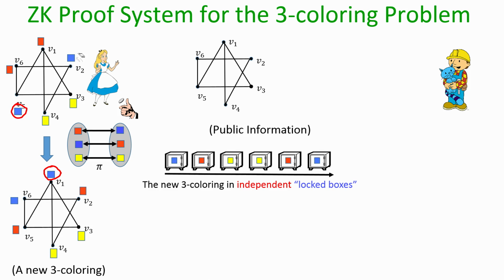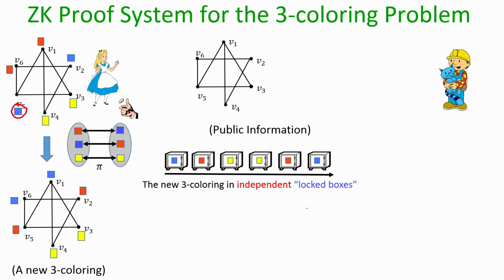Now, once Alice computes the new 3 coloring of the graph, she keeps the newly assigned colors of the respective vertices in a locked box, and here "locked box" is in quotes. We will later see what exactly are the properties we require from these locked boxes and how we instantiate it using cryptographic primitives. On a very high level, since in this example we have 6 vertices, whatever is the new color assigned to vertex 1 is kept inside this locked box, where the lock is available with Alice,